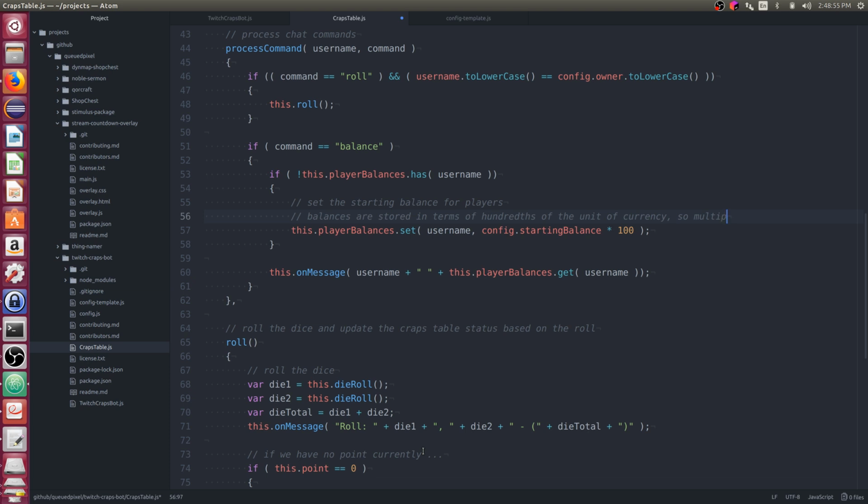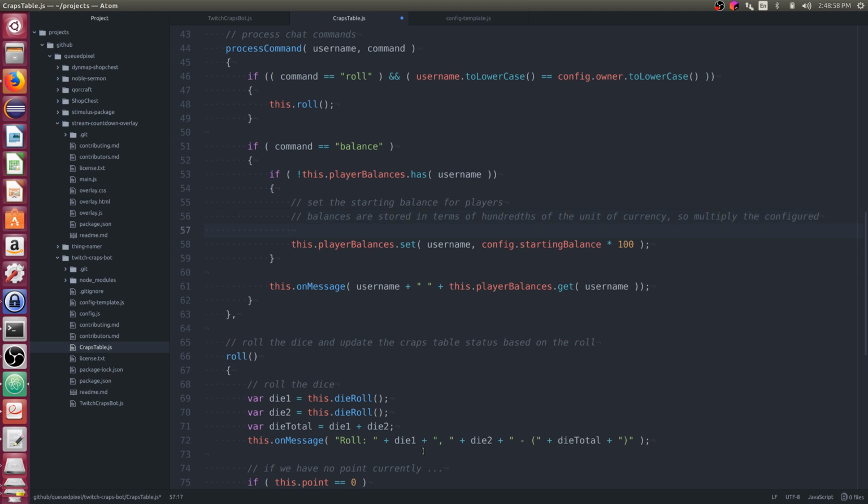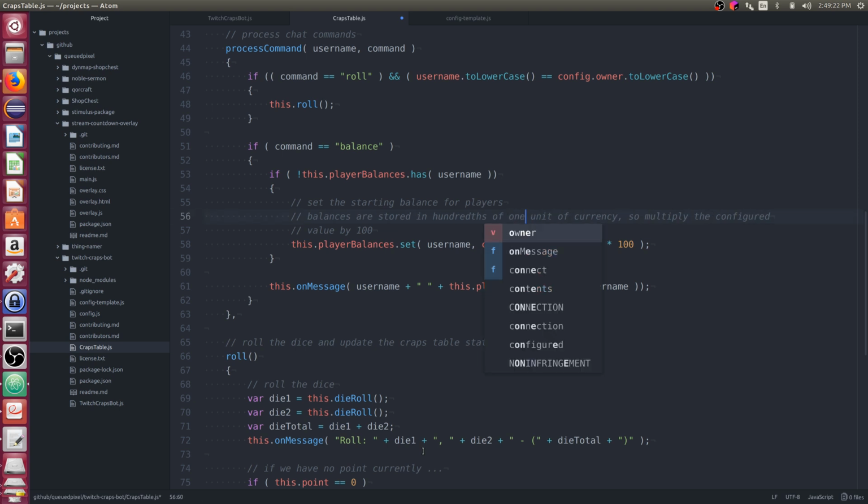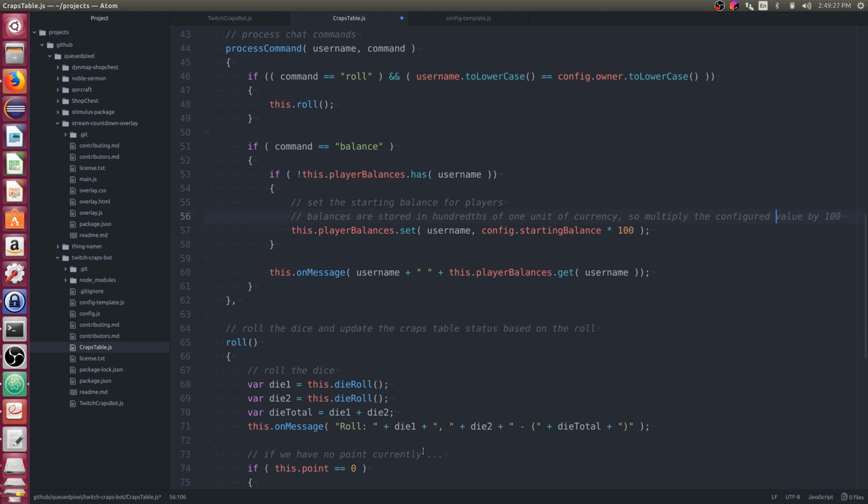So multiply the configured value by 100.